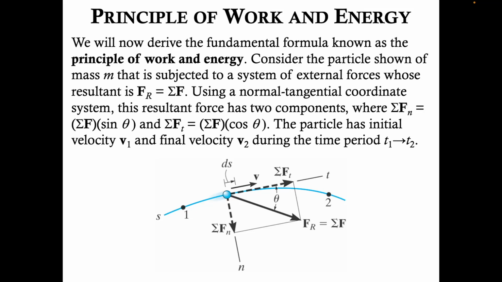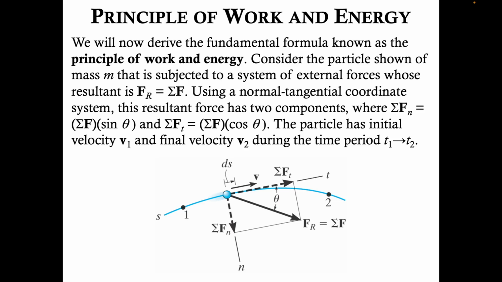We will now derive the fundamental formula known as the principle of work and energy. So let's consider the particle shown that has mass m and is subjected to a system of external forces whose resultant is F sub r, which is the summation of all the force vectors. Here's that resultant force. Using a normal tangential coordinate system that we've learned about before, this resultant force has two